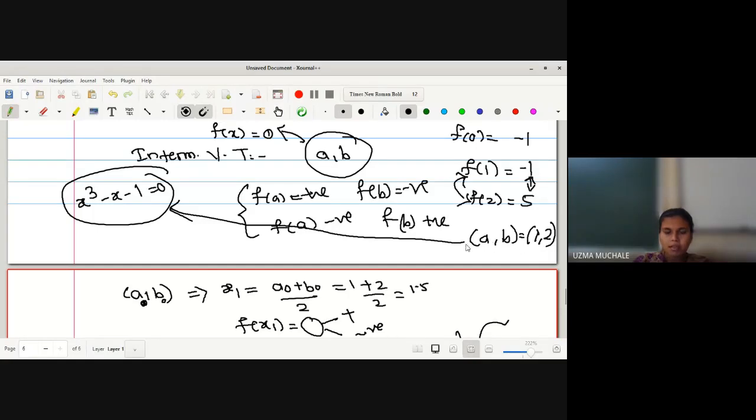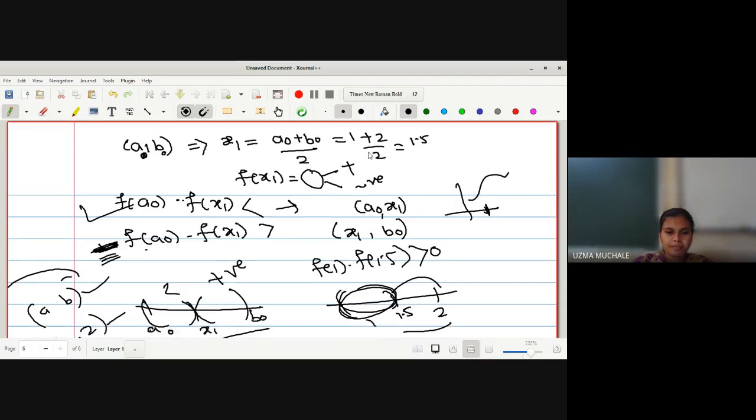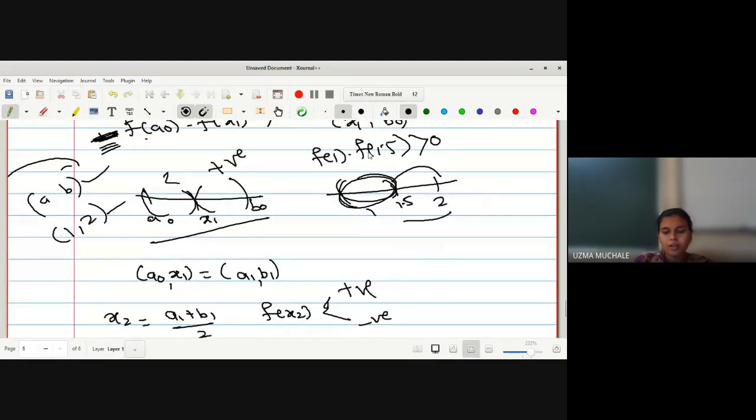You have to take an example and choose a and b, right? After choosing a and b, what do you have to do? We have to check the intermediate value theorem. By checking the intermediate value theorem, we have found f of a0 into f of x1. If it is less than 0, then the root lies in a0 to x1 by intermediate value theorem. What does the intermediate value theorem say? If the signs of both are opposite, the root will be in that interval. If it is greater than 0, we can say the root lies in the next interval. Okay. What is the bisection method? Whatever interval you have chosen, you have to bisect it and find the next approximate root. Similarly, we have to do the same procedure for the next one.